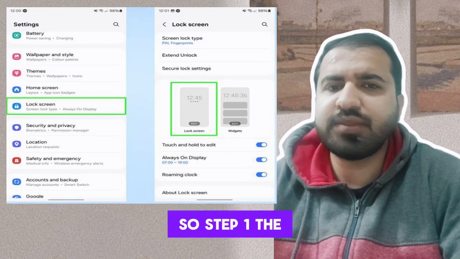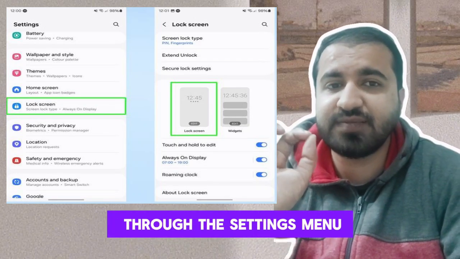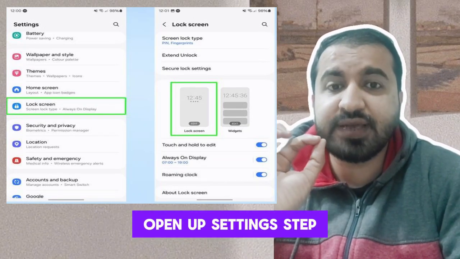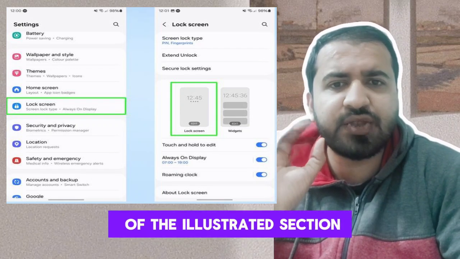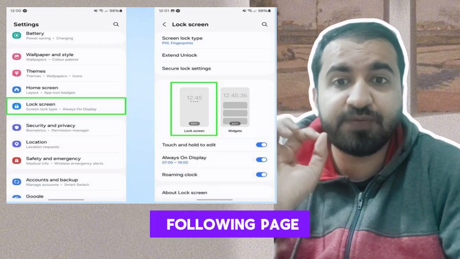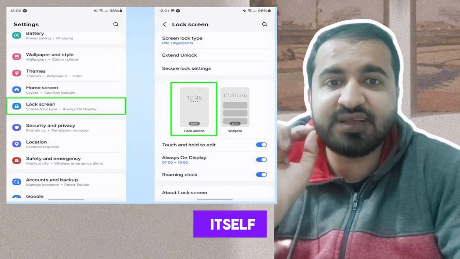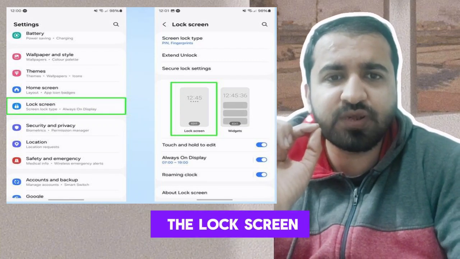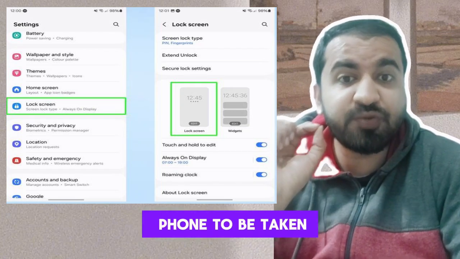So step 1, the most obvious route to customizing your lock screen is through the settings menu. Open up settings, tap lock screen, then tap the edit button on the left side of the illustrated section of the menu about halfway down the following page. There is also a quicker way from the lock screen itself. Just press and hold the lock screen when your phone is locked and then unlock your phone to be taken